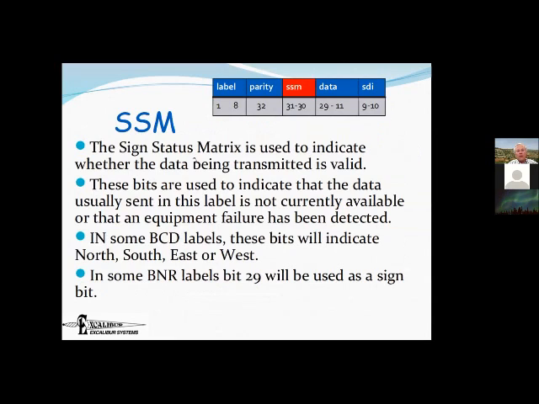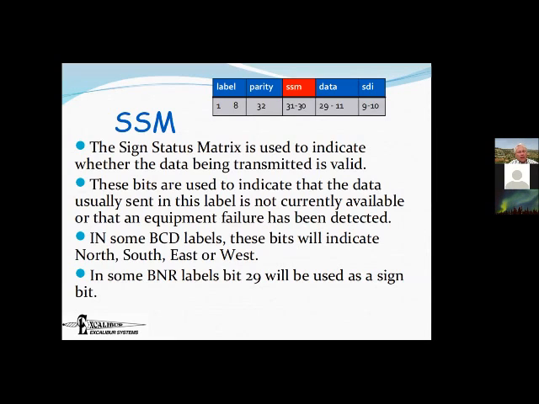Okay, the SSM now is the only field we haven't spoken about. We talked about the label, the SDI, and the data. Now we're on to the SSM. And the SSM is 2 bits. Sometimes they refer to a third bit as an SSM, but that really is a sign bit or a north-south bit, as the case may be. The 2 highest bits of the SSM, 31 and 30, are used to tell you whether the data is worth anything. Right, so there are 4 possibilities,